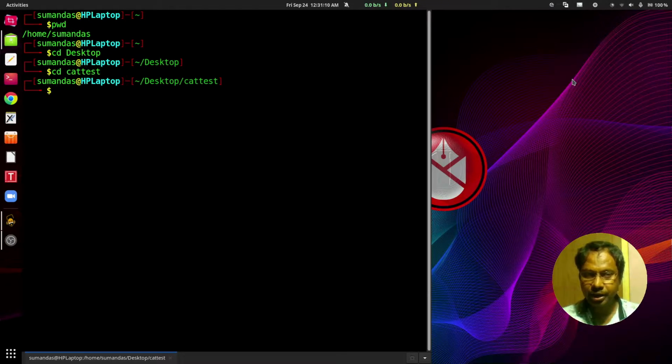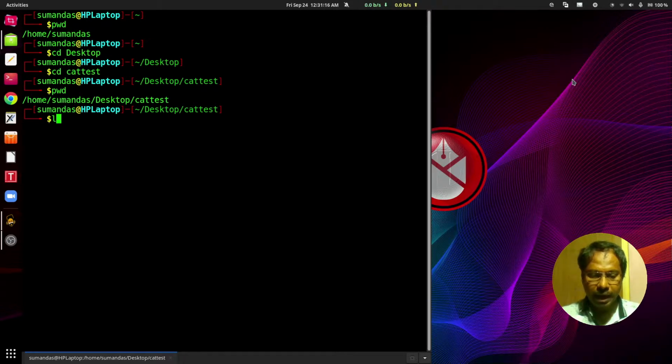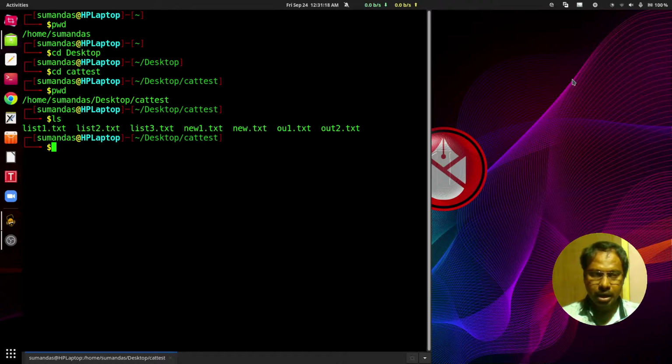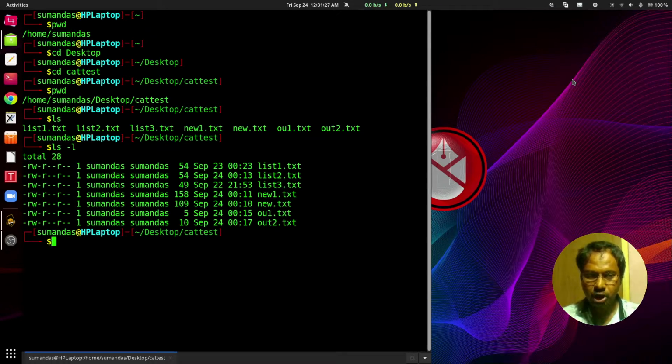So I am navigating to the cat test. Using pwd, we can check it. Now ls. There is practically no directory. We can type -l to check it in the long format too.